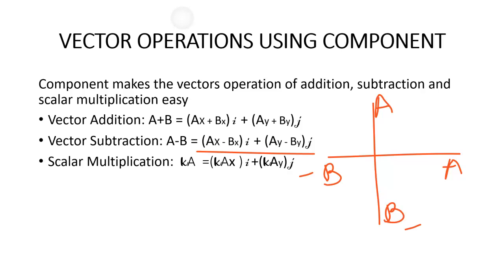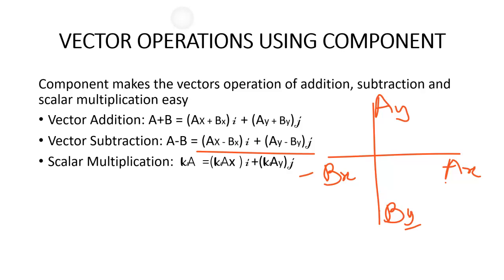And so this AX minus BX on the i location, then AY and negative BY. This is AX and this is negative BX. So this is just what this line defines. So you always want to take the like terms when you are doing your calculations so that you don't